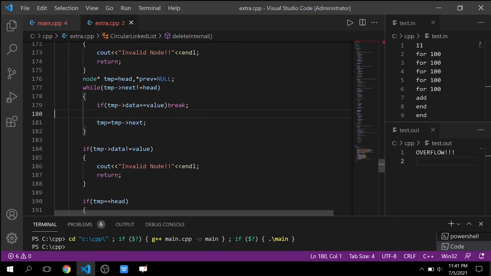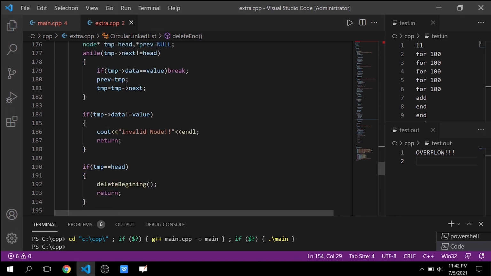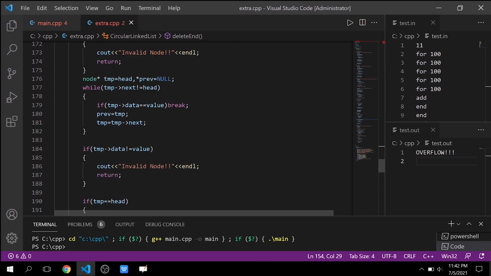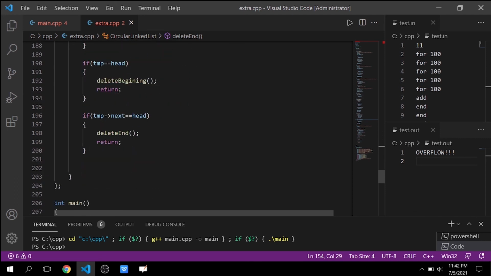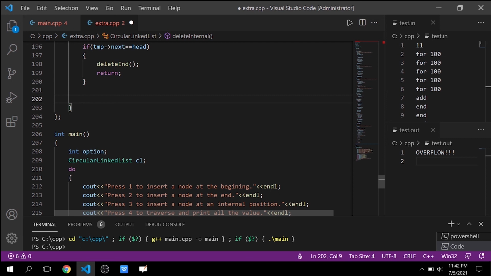Then before jumping to the next node, we will store the temporary node into the previous node. Then we have to link the previous node with the next node, right? We have to give the address of the next node into the next pointer of the previous node.